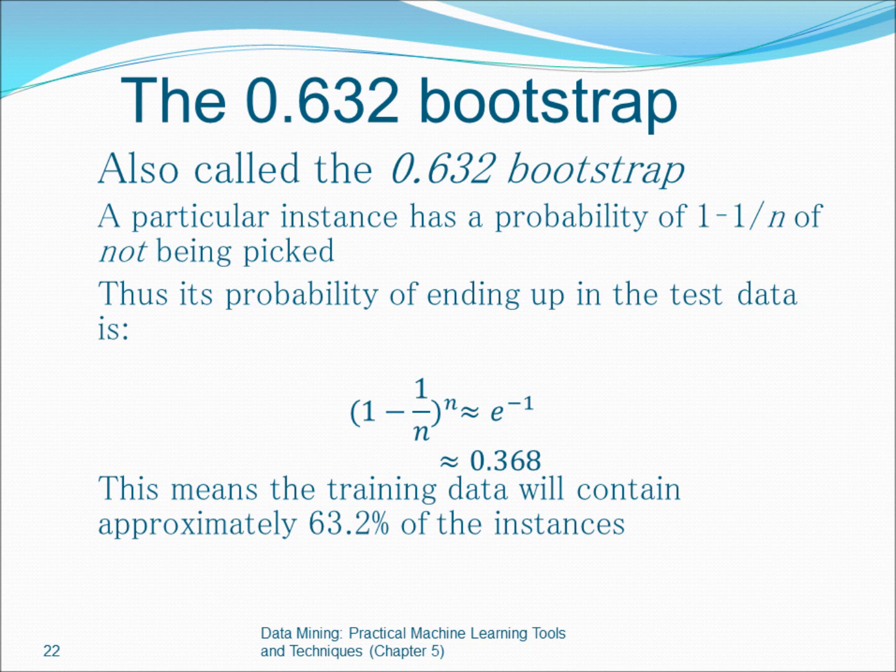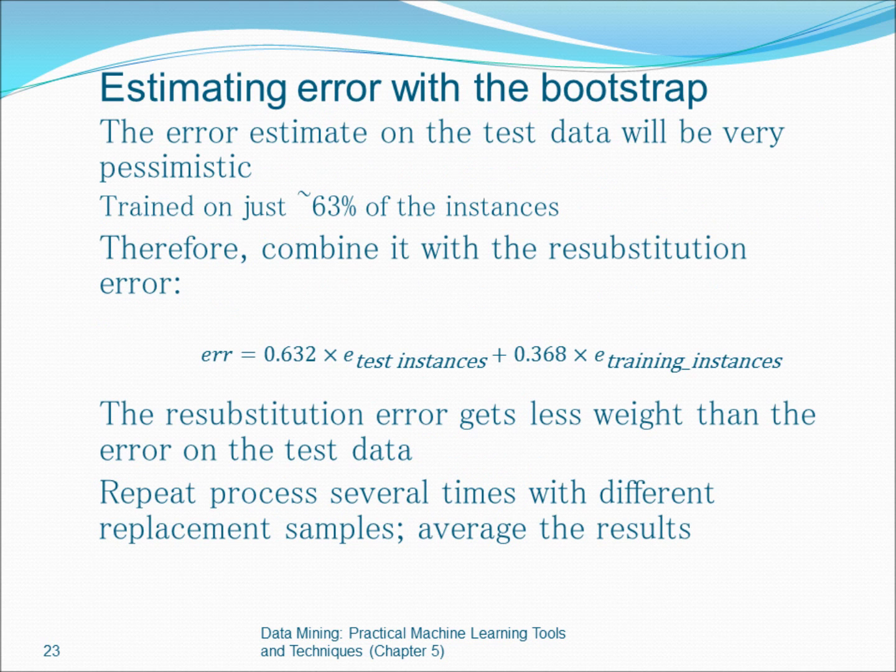But these 368 samples, you put aside as testing. When you finish this round, you put them all back again. And then you randomly pick again another 632, and you put the other leftover as testing. You do this as many times as you want and you average it. That's a good deal. That's a very, very nice way to deal with a small data set.